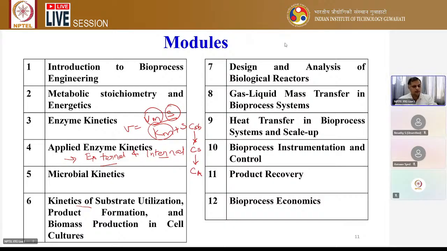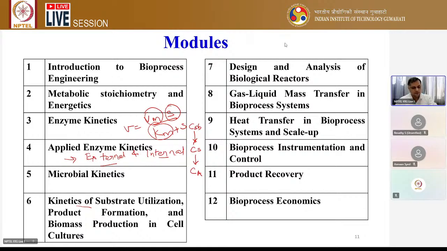Then the last module, the 6th module, was kinetics of substrate utilization, product formation, and biomass production. This was particularly discussed in different modes of operation: the batch culture, and the continuous culture. In continuous culture, we further discussed continuous culture with cell recycling. In addition to having free or suspended microbes, we also discussed using free enzyme or immobilized enzyme systems for all 3 modes of